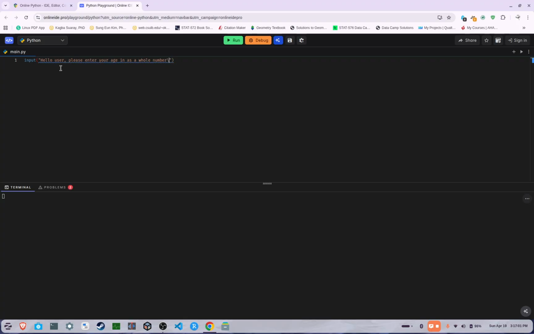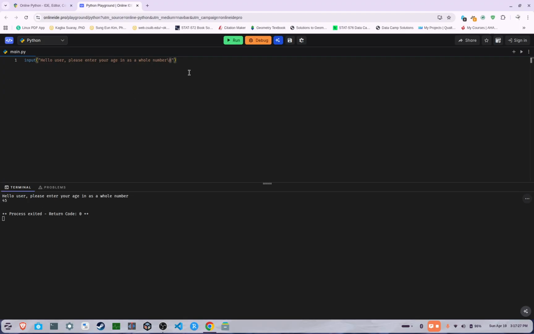And then \n, so that it could go to a new line for them to enter their age. So when we run it, we'll see at the terminal, it's asking for them, hello user. So I'm going to put my age, I am 45. When I press enter,